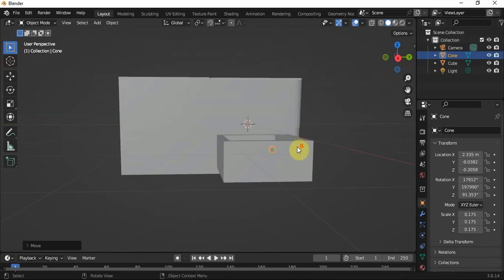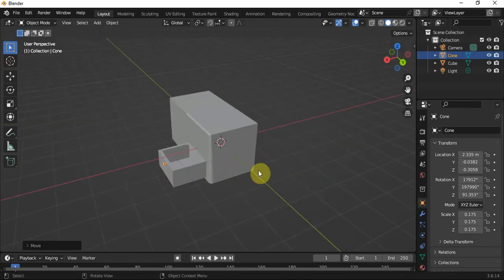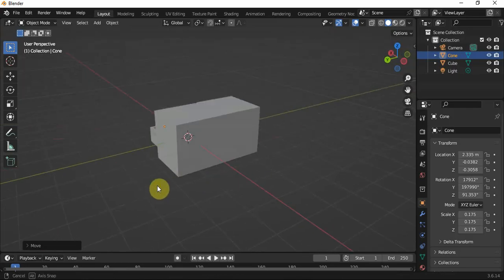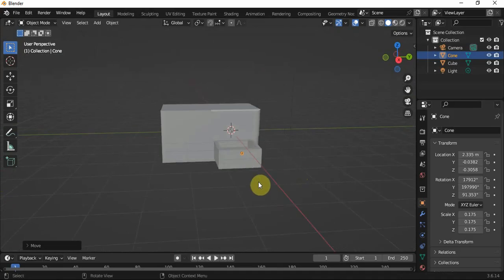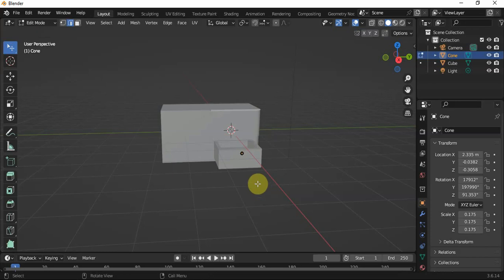Now, so that's a drawer, just a simple drawer, just to explain some of the tools that you can use, some of the shortcuts that you'll be using in edit mode. So today in edit mode we are going to model something. And another thing that I want to explain to you is, let me come back